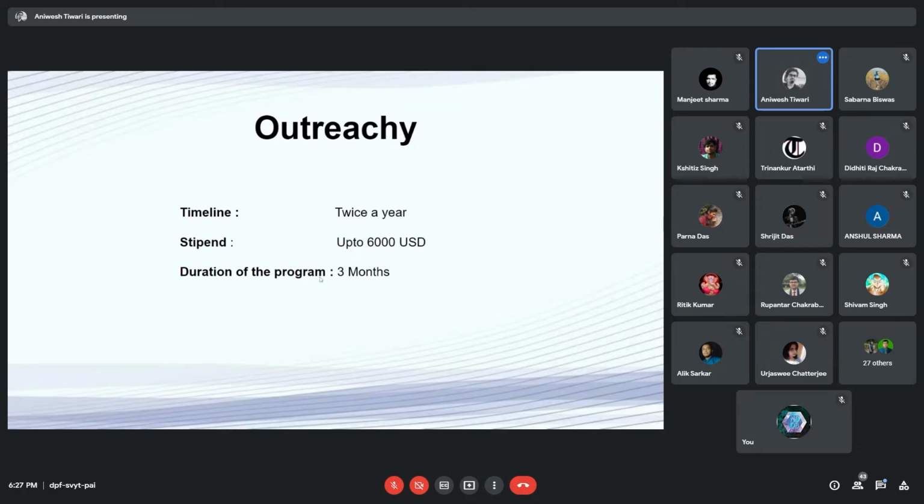The duration of the program is 3 months, and you will receive a stipend of 6,000 US dollars. The best thing about Outreachy is that you have to apply for it, and then there will be an open source event of 1 month where you will get some projects. If you are able to do that project, then on the basis of that you will get selected for Outreachy.